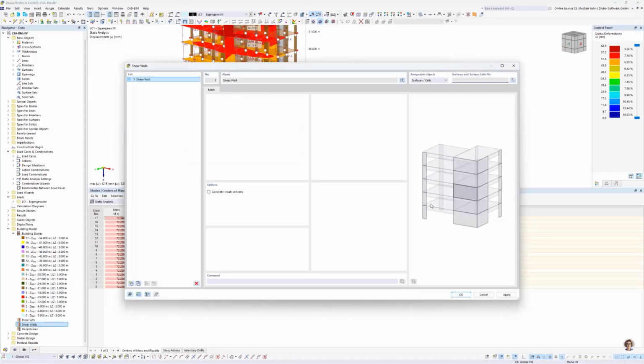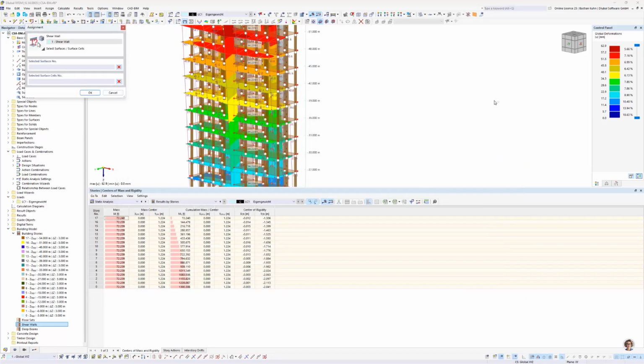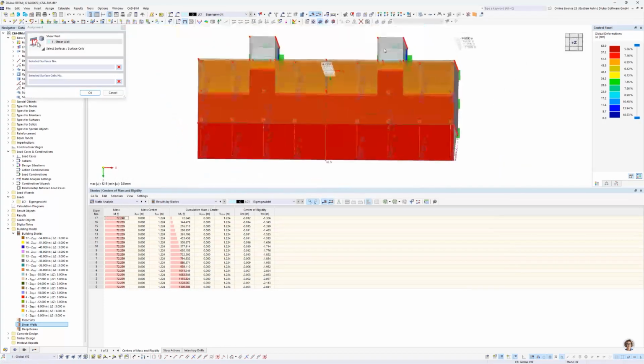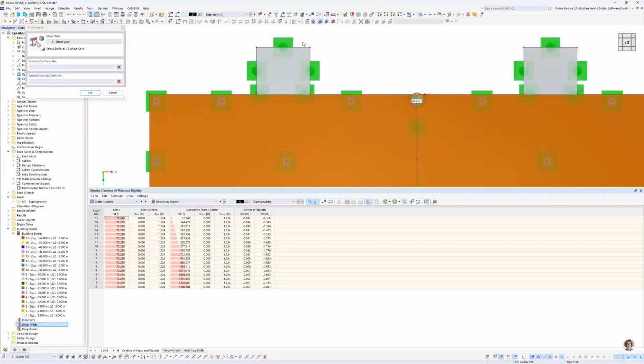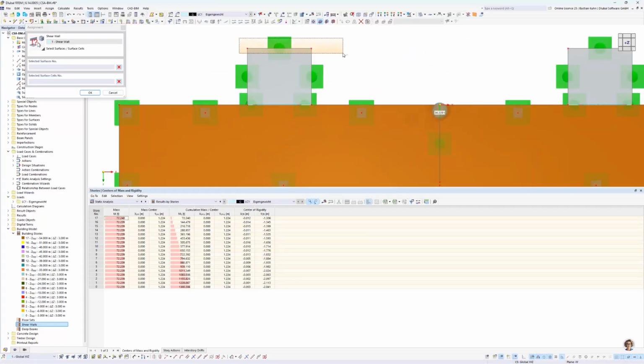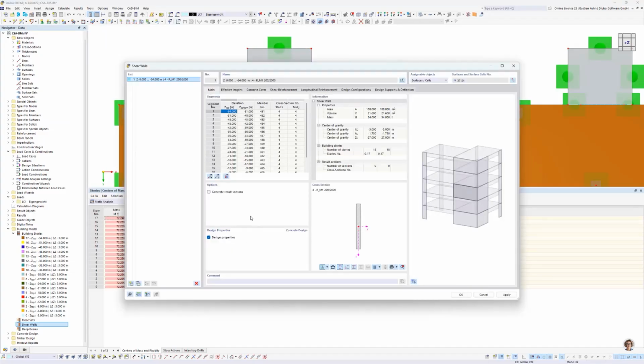Therefore, I go inside and define one new shear wall. We go back to the fly mode, of course, switch off the results and say, okay, I want this. So, well, maybe we will use all of this. That can be quite ambitious, I have to admit, but that would be possible. Define that here. And now we can generate result sections,